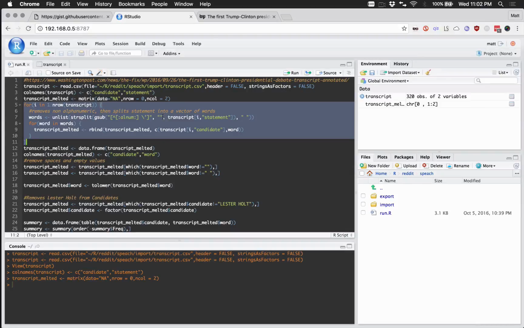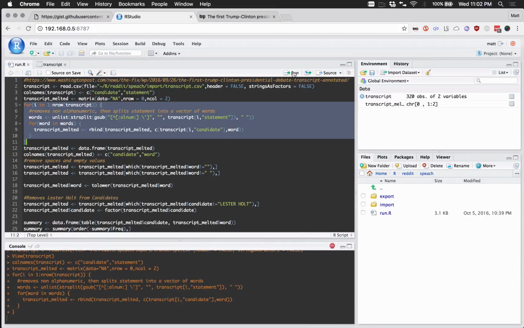And then it's going to break up that statement into spaces and split it. And then for each word that is in that statement, it's going to vertically bind the rows with the candidate and the word, and it's going to be a lot longer than that 320.